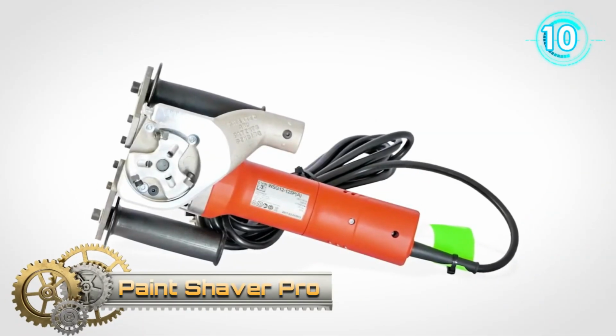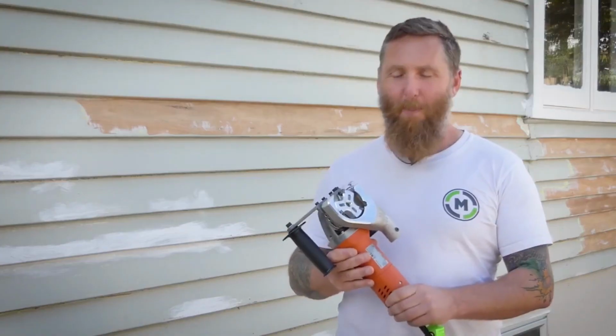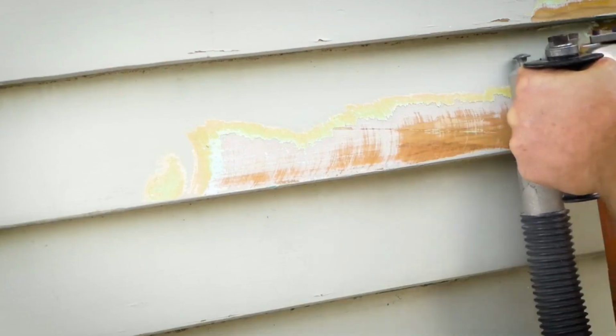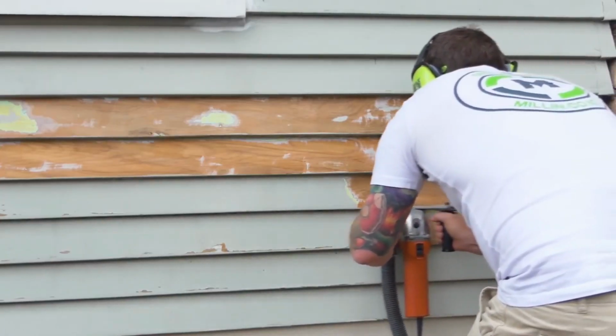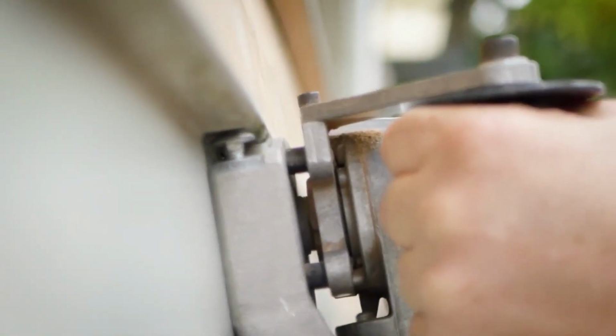The Paint Shaver Pro offers a revolutionary approach to paint stripping, replacing messy liquid strippers with a high-performance power tool that delivers quick and effective results. It effortlessly removes multiple layers of paint while collecting debris into a built-in vacuum system, eliminating the need for extensive cleanup. With no setup required, users can simply plug in and start working on projects of any size, from single